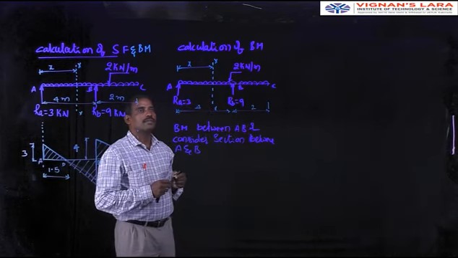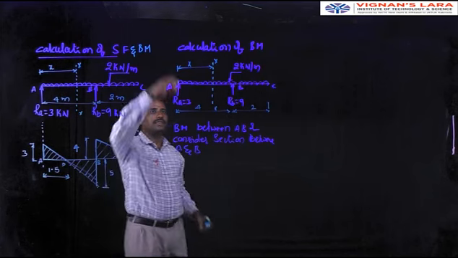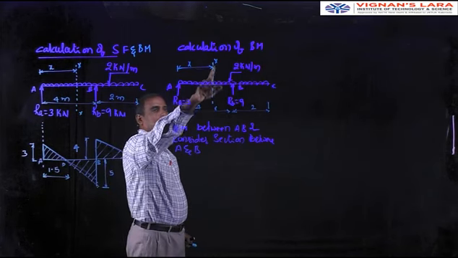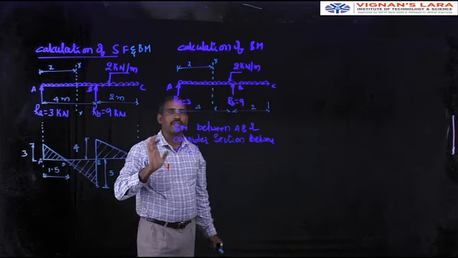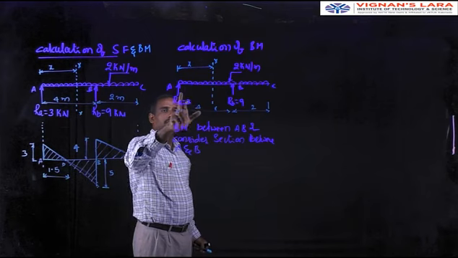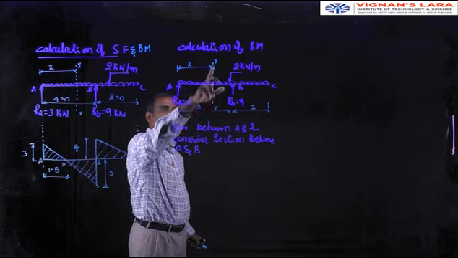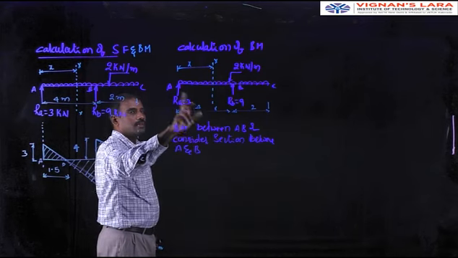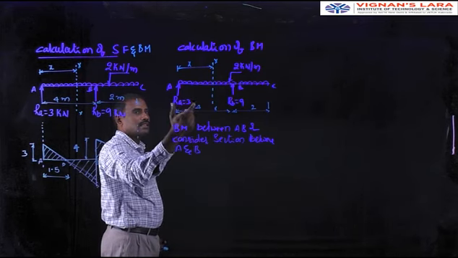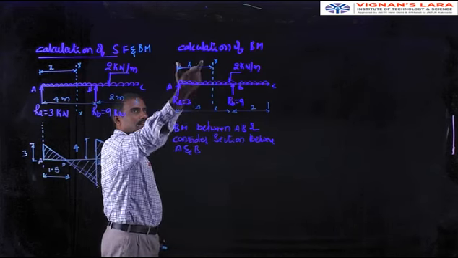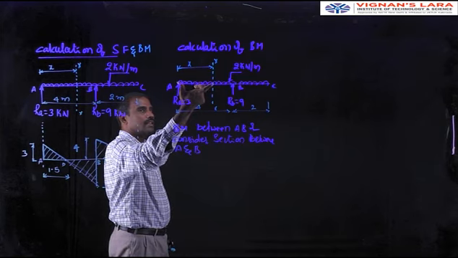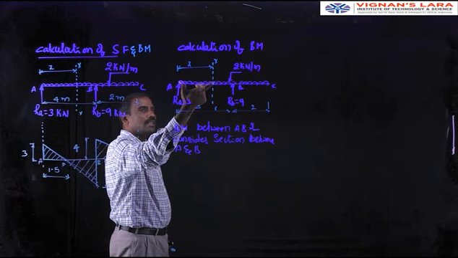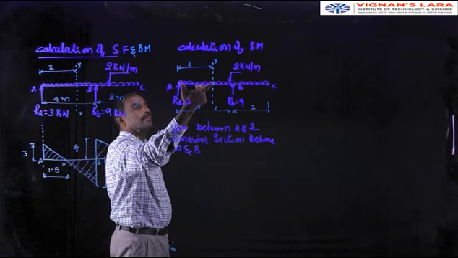We know that. So now let us focus on one point on the section XX and what are the forces left of the section. It is very important. What are the forces? One is RA, at a distance x from the section XX. What about the moment produced by RA about XX? Definitely RA into x. Then, what about the moment produced by the uniformly distributed load distributed over a distance x? Definitely that is 2 into x, which is always concentrated at the midpoint of x.